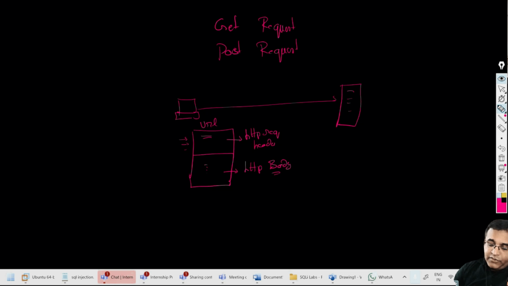For instance, let's say you're doing a search, searching for a student called John in the database. The difference is that in a GET request, the data is always sent in the URL, and in a POST request, data is always sent in the body.